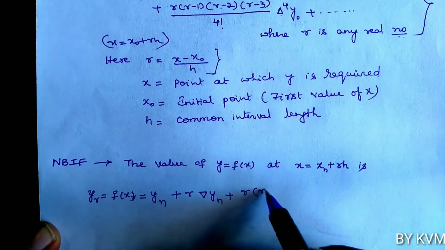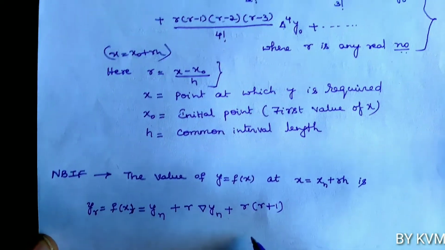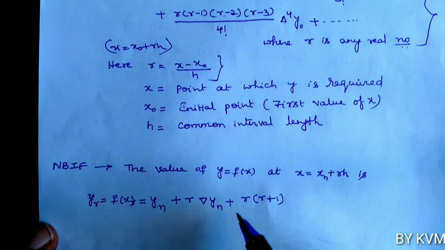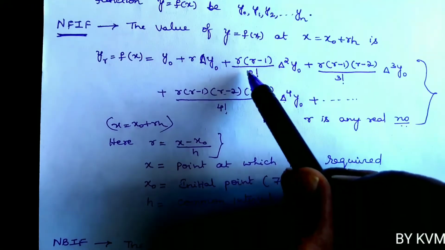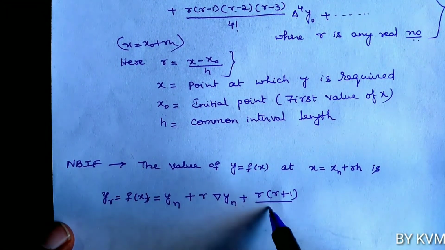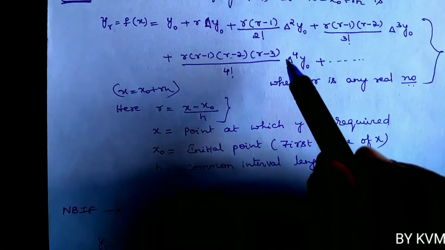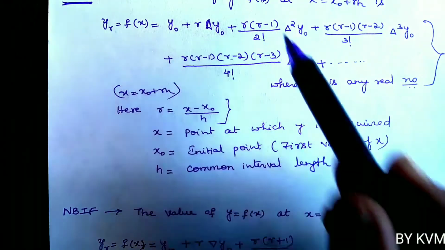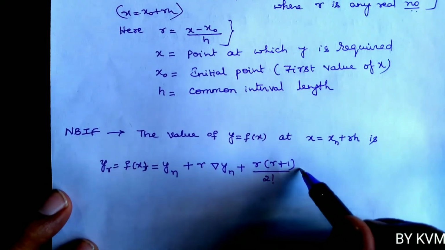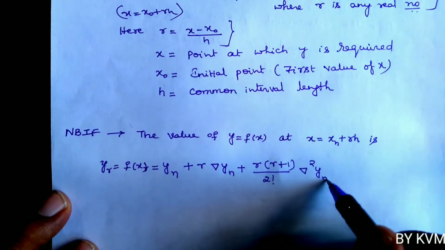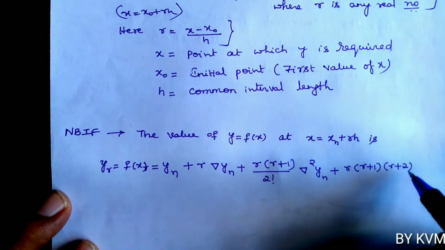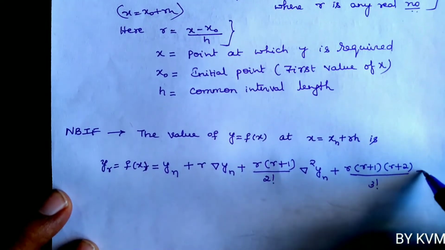plus r into r plus 1. In Newton's forward formula it is r into delta y naught, here it is r into nabla yn. Third term: r into r minus 1 by 2 factorial, here r into r plus 1 by 2 factorial. So you only have to change the sign. In the forward formula it is minus, in the backward formula it is plus. So r into r plus 1 by 2 factorial into nabla square yn plus r into r plus 1 into r plus 2 by 3 factorial nabla cube yn